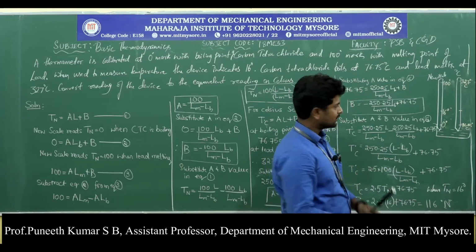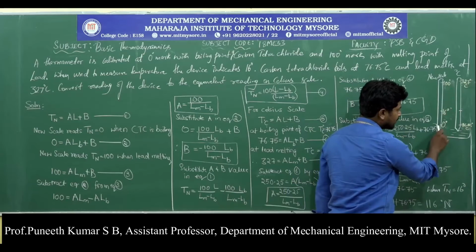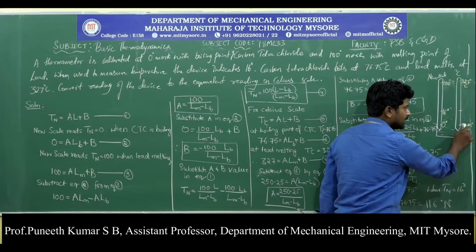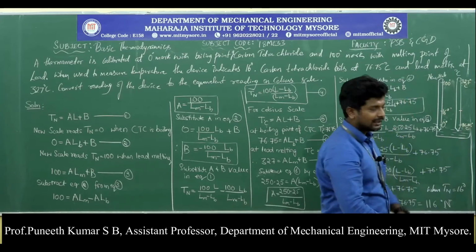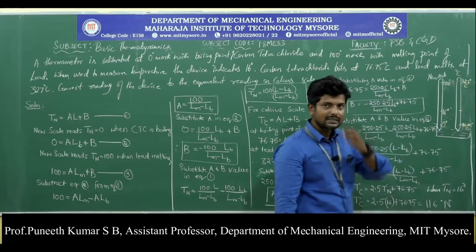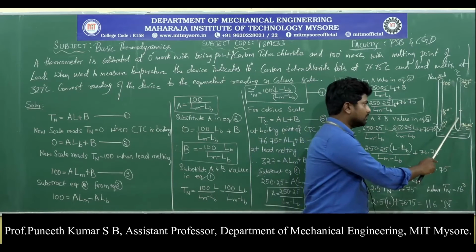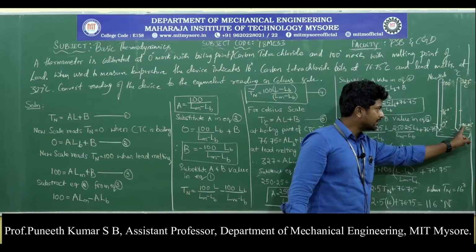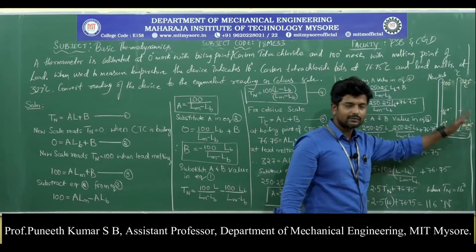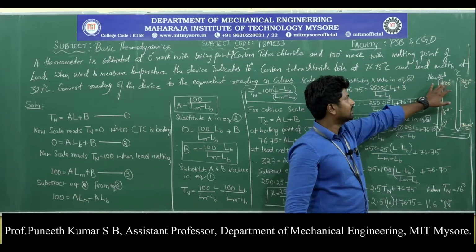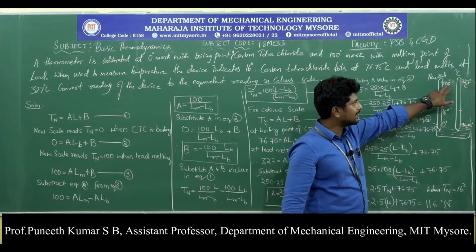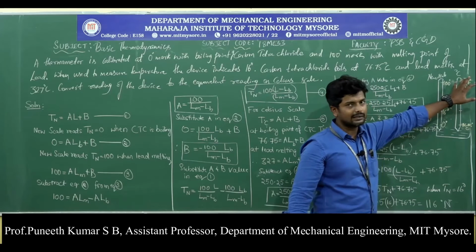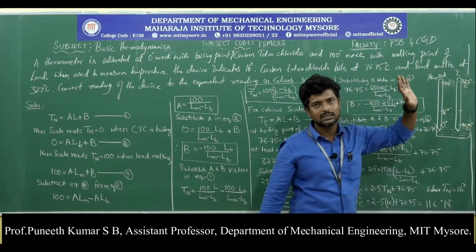So one thing we need to understand: the 0 degree in the new scale thermometer and 76.75 in the Celsius scale, the numbers are different but the meaning is the same. As they are two different thermometers, whatever it reads as 0 degree here means 76.75 in the centigrade scale. In the same way, at the higher mark, if the new scale reads 100 degrees, the centigrade scale reads 327 degrees centigrade. The numbers are different but the meaning is the same.